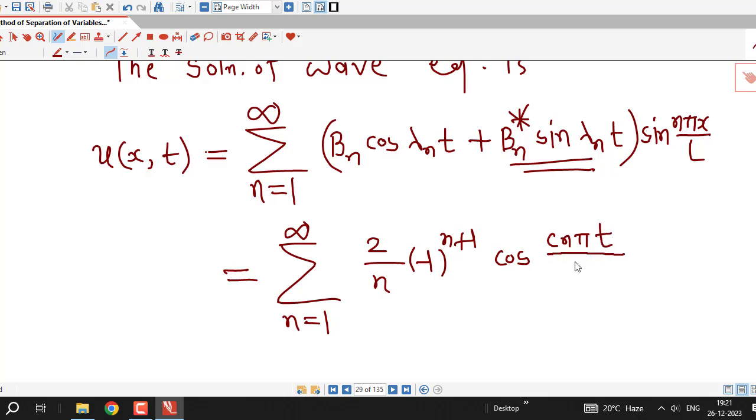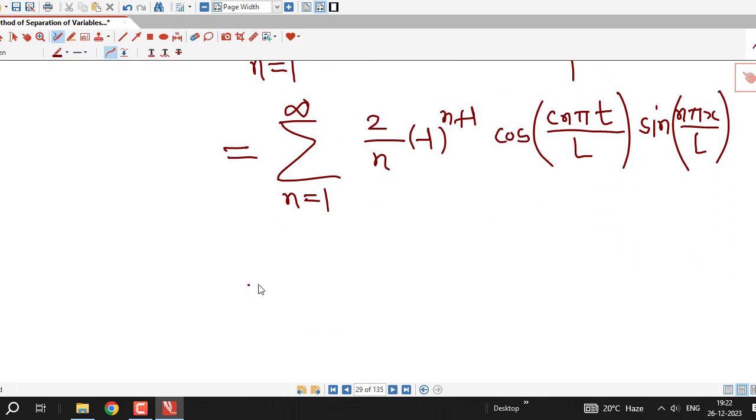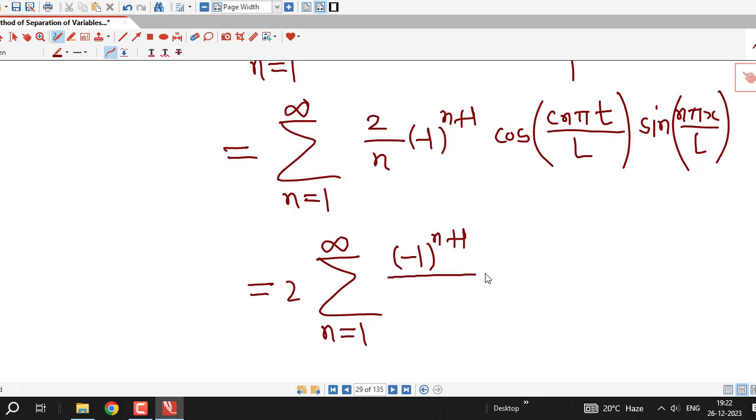So I will have C n pi t over L multiplied with sin(n pi x by L), because here Bn star is 0, and here 2 is independent of summation, so we can write it outside the summation. The rest of the things depend on n, so I have to write inside the summation minus 1 raised to n plus 1 over n cosine of C n pi t divided by L